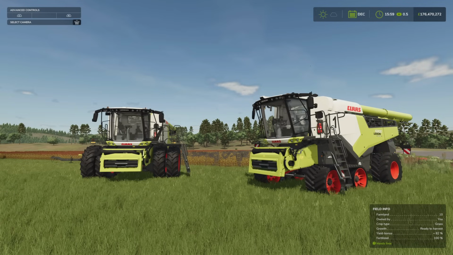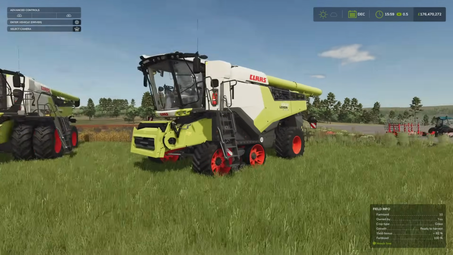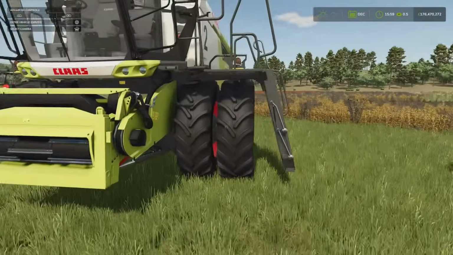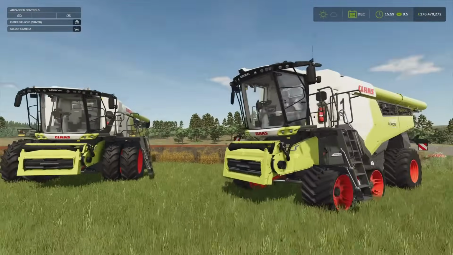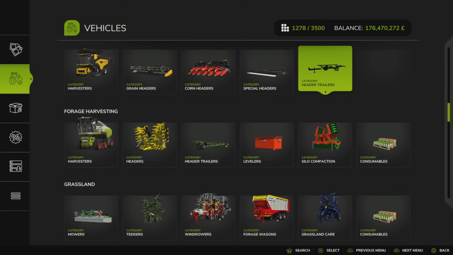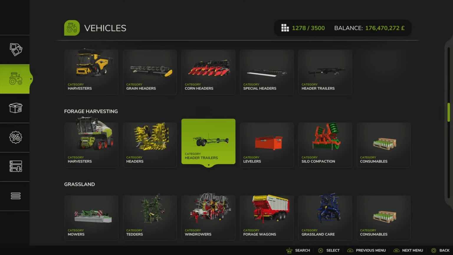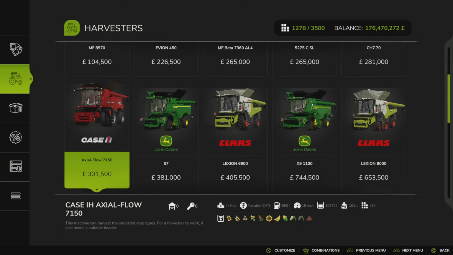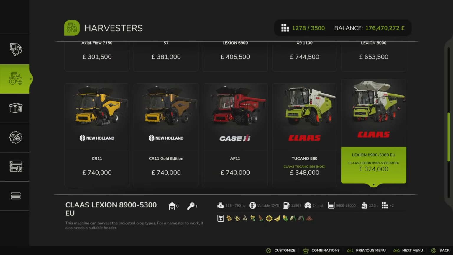Anyway, it doesn't matter. 60.49 megabytes download by Jeff D25. 27 slots each. We've got an EU version and a US version. The EU version has got track options. The US version has twin tyre options, and there are a few other subtle differences between the two from EU and US spec. So if we go to our harvesters, you will see that's not it, that's forage harvesters. Right, so here we've got our EU version,